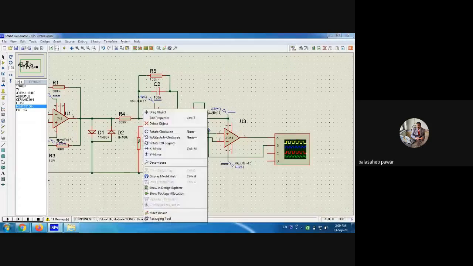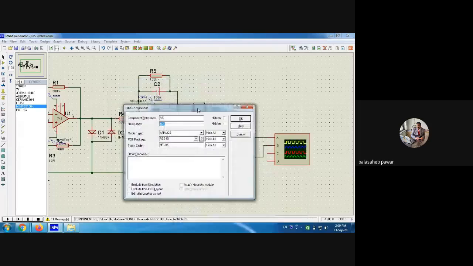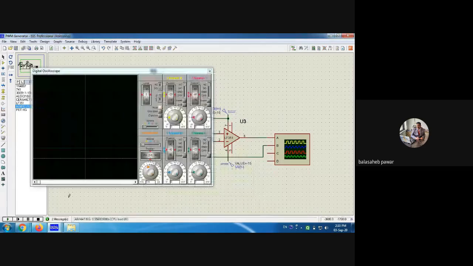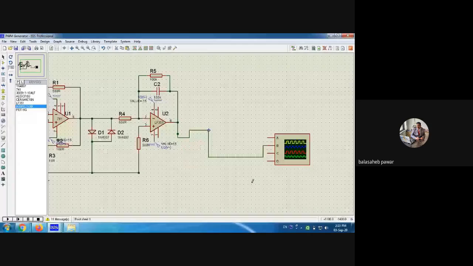But see, I just implemented it tentatively. I have not done any calculation. I only had to check whether the triangular wave generator is working or not. So we can make it 500 ohm also. Still expected is it should generate that triangular as well as square. But what is happening now? Whenever I connect this last stage, that circuitry operates on loading and both signals become zero. Whenever I run just this much part, then it works properly.